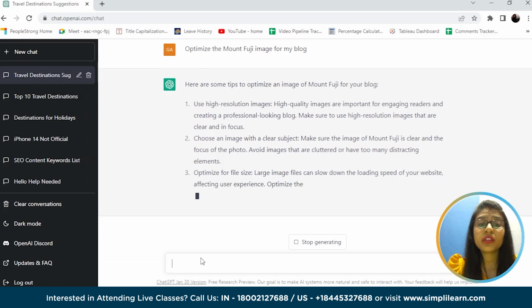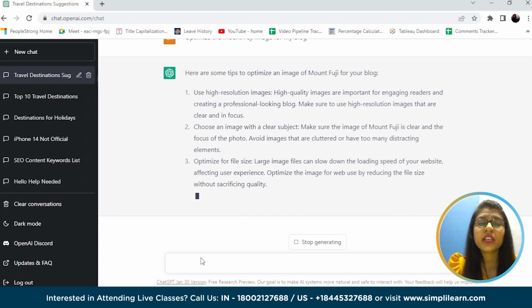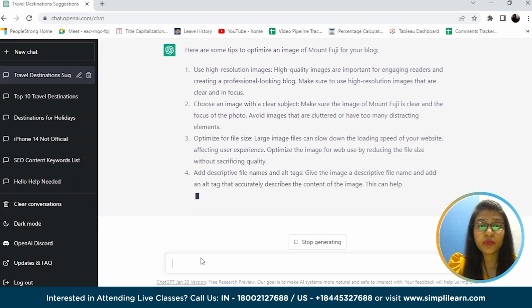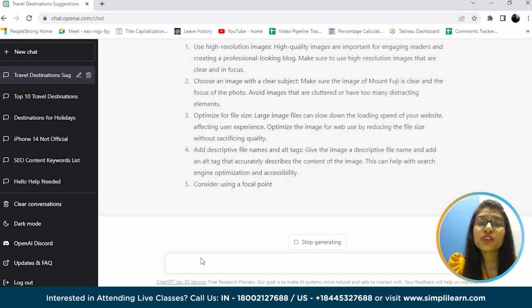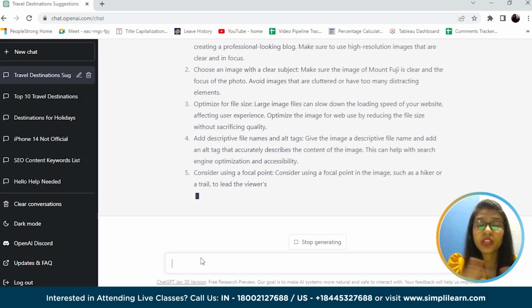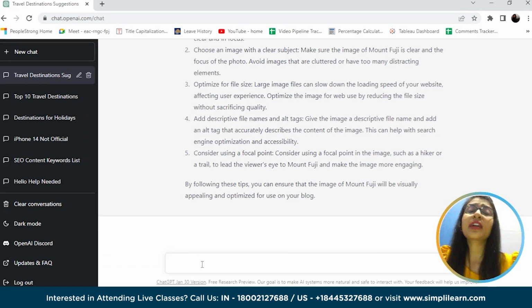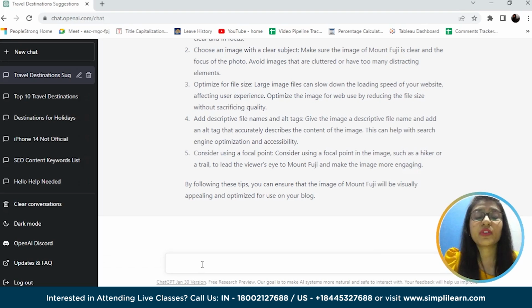Definitely, if you have a large image with a large file size, it really gets difficult to load and the page load time will increase. So if you have a large file size, the image should be compressed without reducing its quality. We should have descriptive file names and alt tags. Okay, so let's try to get a very good file name and alt tag. Also, we'll try to implement a good caption, because adding a caption is very good when considered as a user.